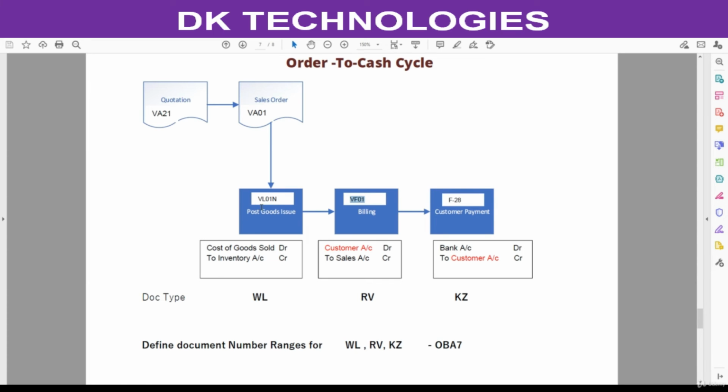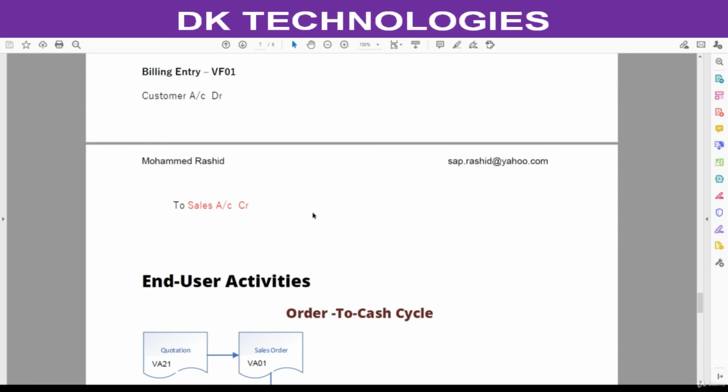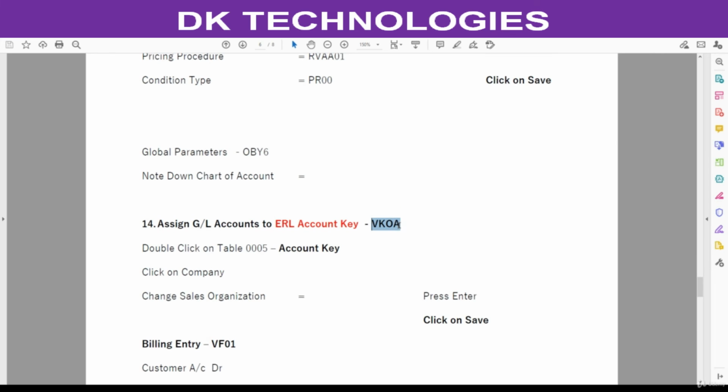The reason is system is going to determine this GL account automatically. This will be determined from OBYC GL integration. This will be determined from this configuration, VKOA, and account key is ERL.